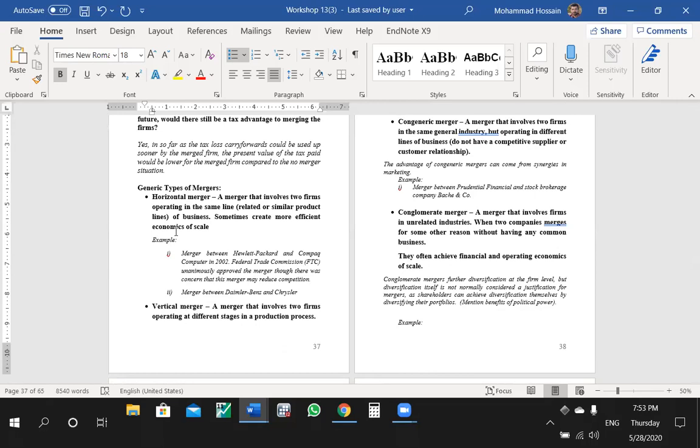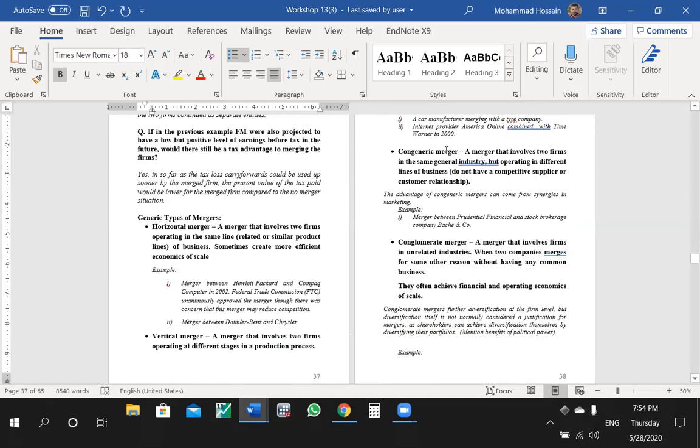That is called horizontal merger. Vertical merger will be like when a retail company merges with a wholesale company. Wholesale is actually one level upper in the line than retail. So when the retail company merges with a wholesale company, vertically they are going. Or a wholesale is merging with a retail. That will be vertical. Vertical can go up or down, doesn't matter. Horizontal remains the same line of production.